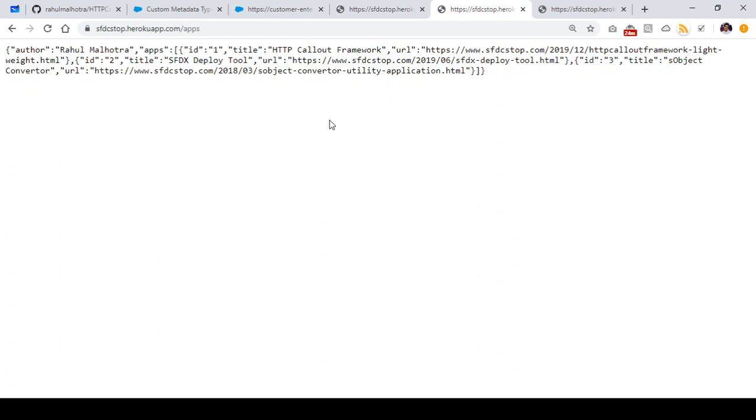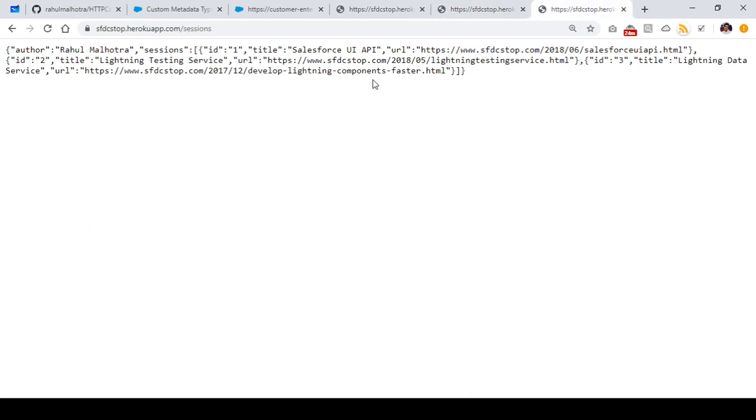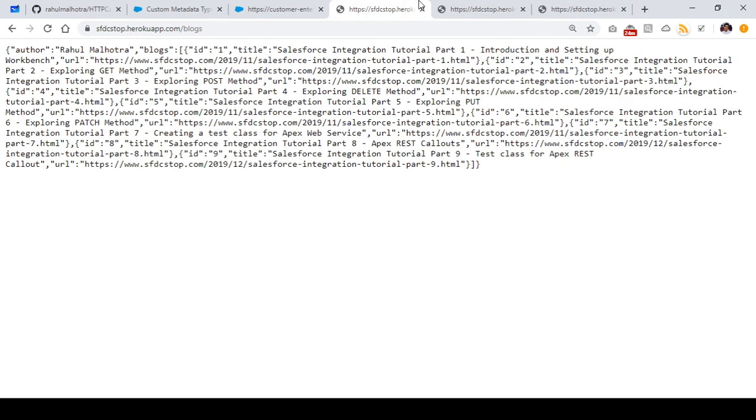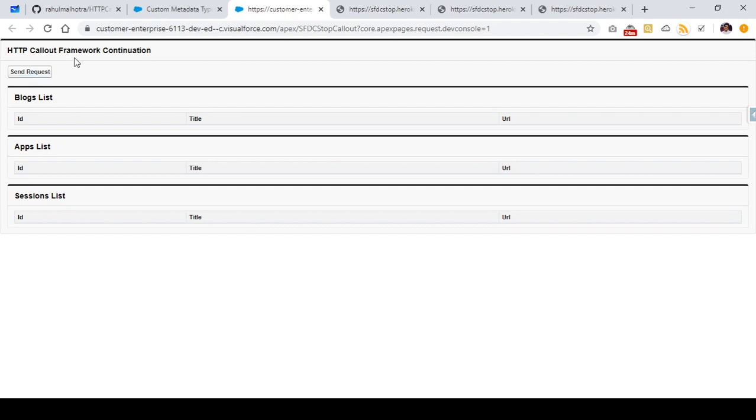This is the second API that I'm going to hit on click of the button in my Visualforce page, and it gives me a list of applications that I have built till now. And this is the third API, sfdcstop.herokuweb.com/sessions, and it gives me a list of live sessions that I have taken till now. So these are three different APIs that are present on the server, and I'm going to perform callouts to these three APIs on click of the send request button present in my Visualforce page. I'm going to get the response, and I'm going to show it in the blogs list, apps list, and sessions list